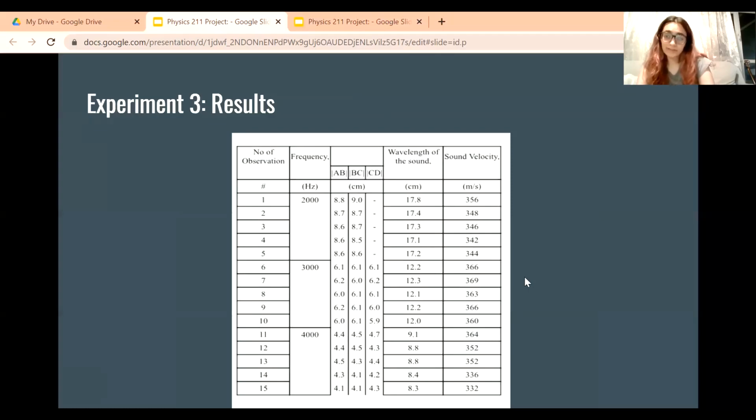This could be because there was some background noise in almost all of our experiments, which led to some error. And in the last experiment, there was also human error because of us: one of us was putting the meter rule, and the other would sometimes tilt the tube. Because of this human error, we got these errors. But we still managed to carry out a project that gave us a relatively accurate